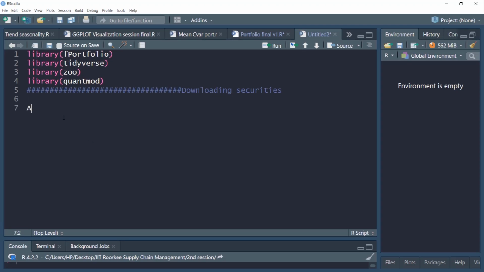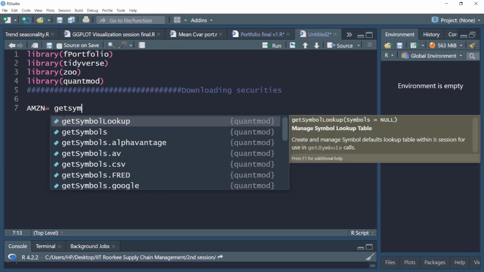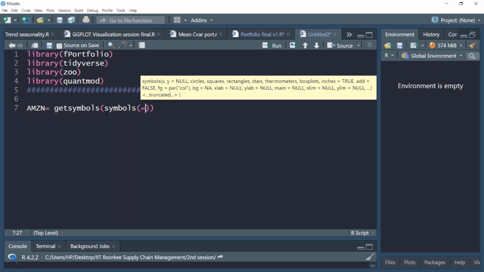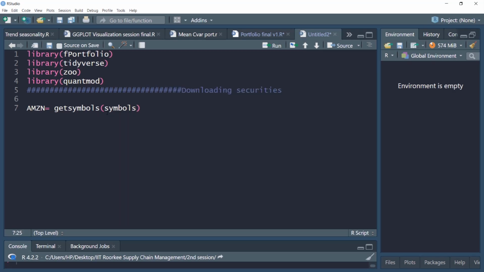I already know that Amazon has the ticker AMZN. So I'll use the getSymbols command, and I need to provide the symbol that I want to download, which is Amazon. Now here I am downloading a single security.